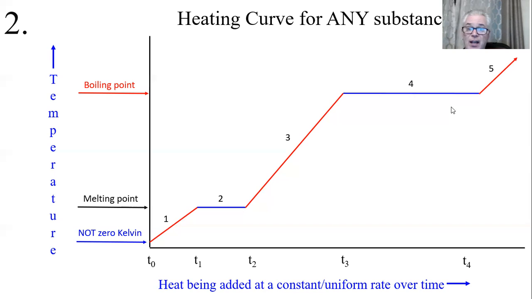At T3, on the red side of T3, the red line going up at temperature 3, that's as hot as a liquid can get and stay liquid. If it gets any hotter, it can't get hotter. If you give it any more energy, it's going to blow itself apart into a gas. All the energy goes to phase changing. Section 4 of the graph, the blue line that goes across on the top, that's the phase change from liquid to gas. At the end of the blue line, at T4, that's where all of the liquid is blown apart